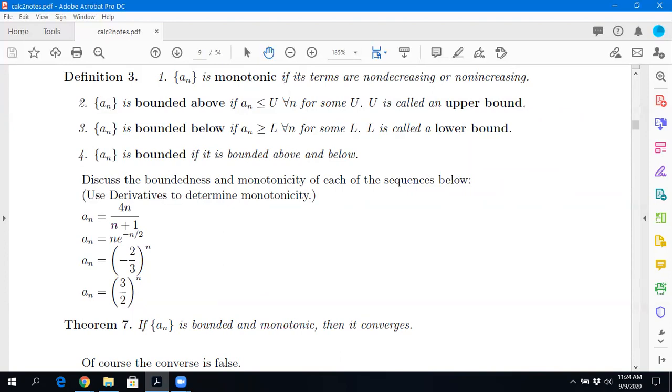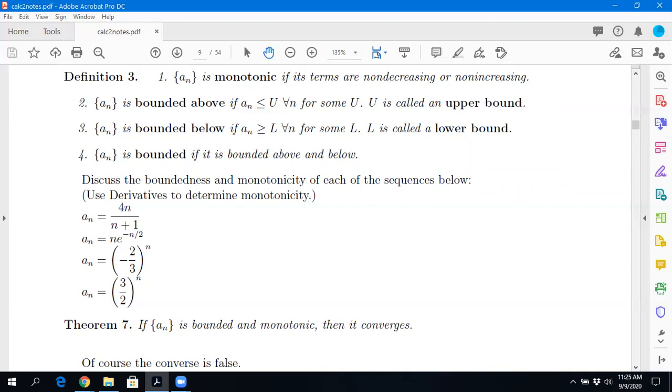By the way, 2 over e is less than 1, isn't it? Because e is 2.7 something. So I could have used 1 as my upper bound. I could have said that this sequence is always trapped between 0 and 1, because I know the maximum value for the sequence is 2 over e, which happens at n equal to 2. Yeah?